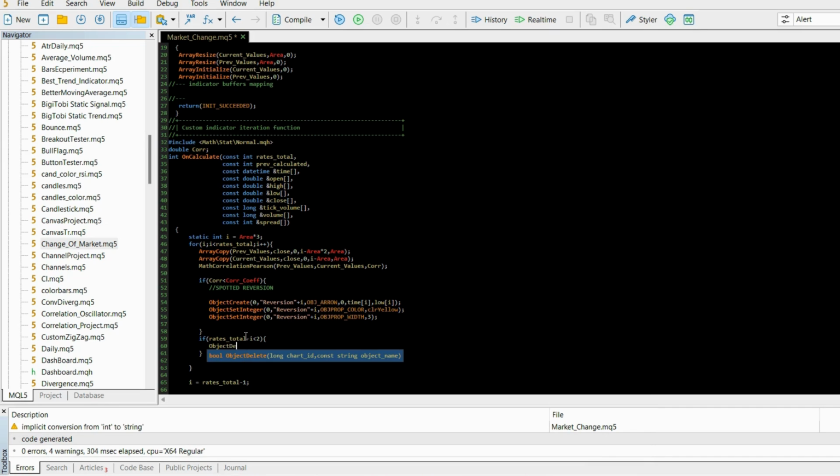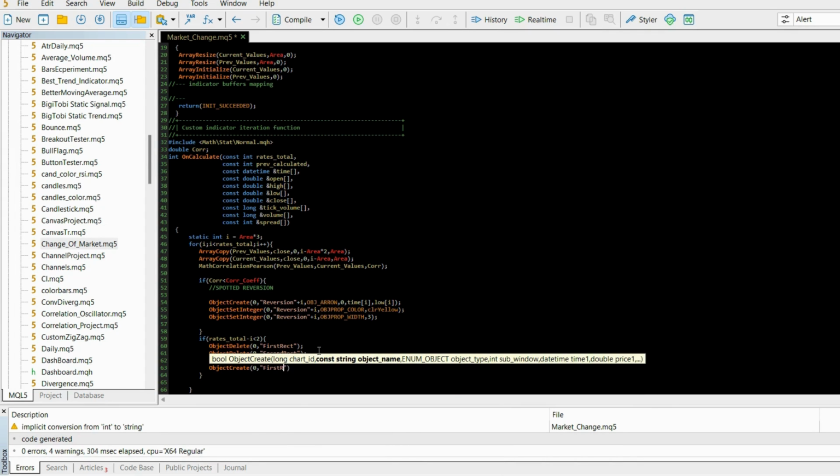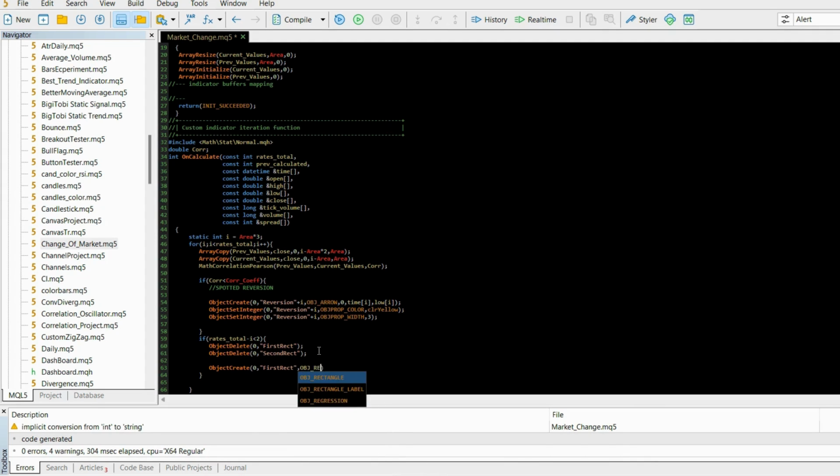Object firstly delete, okay, so this is like this, and this is going to be first rect, and I will take this, copy it here, let's say second rectangle, okay, and now we want to create those objects. So object create 0 first rectangle, object rectangle 0 9 time I minus area,